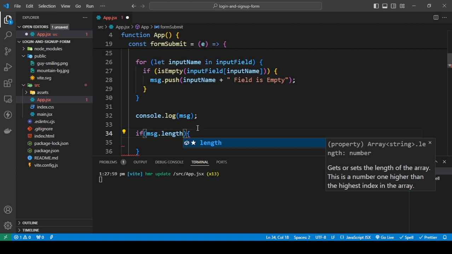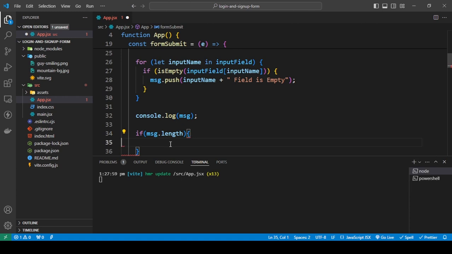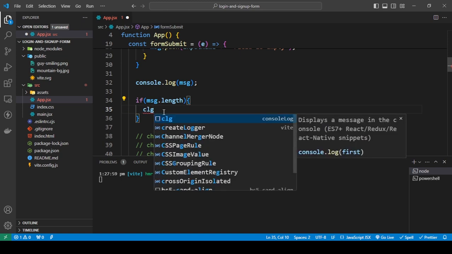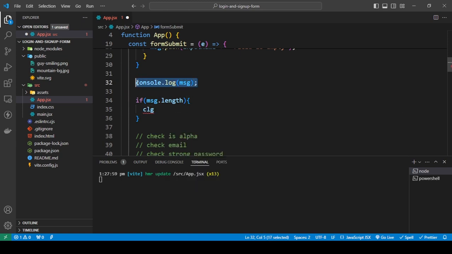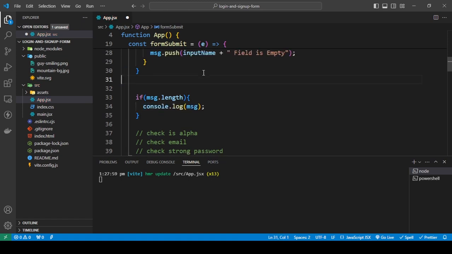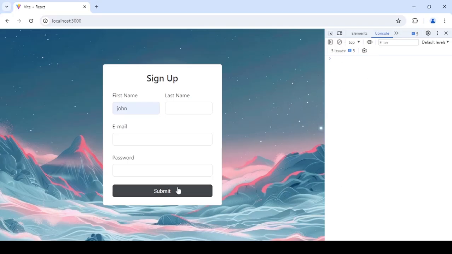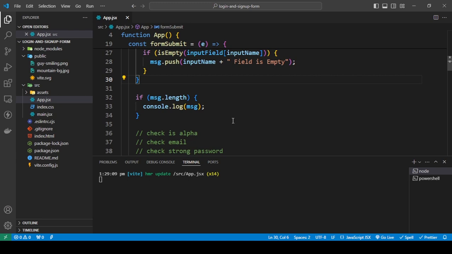So we are going to just keep it like this for now, and I'm going to console log. Actually, I just wanna console log the message array, so I'm just gonna put that here. I'm just gonna remove this. Okay, and I'm just gonna run that, and here we go. It's saying that we have three errors. Okay, so, but this is not enough. Okay, I'm just gonna take this,